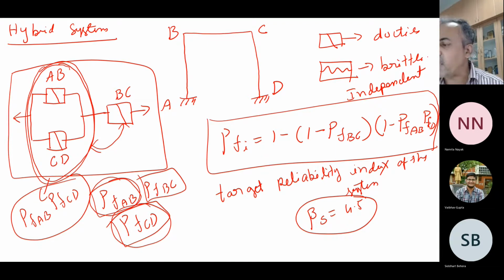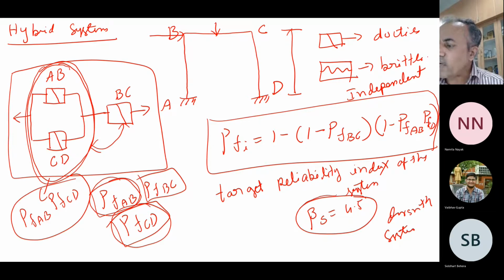So they will give you the target reliability for this entire system, which is 4.5. Now you do the design. You design the beam, you design the column such that the overall probability of failure will be this much only. Let us say some loads are given to you, the height and other things will be there. So now you design the system. What should be the dimensions of the beam, what should be the dimensions of the column and others.